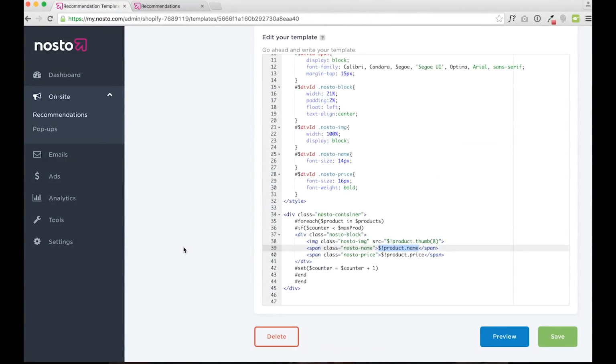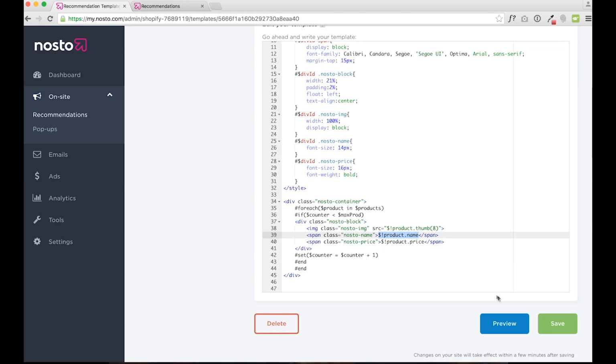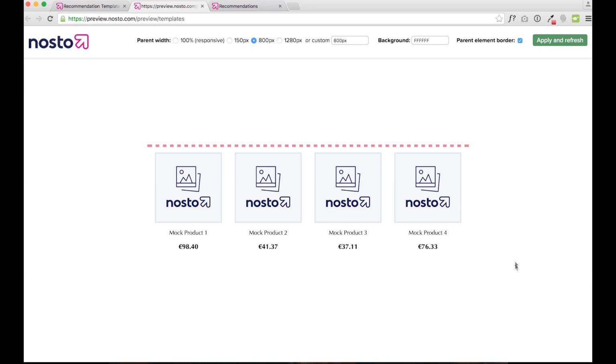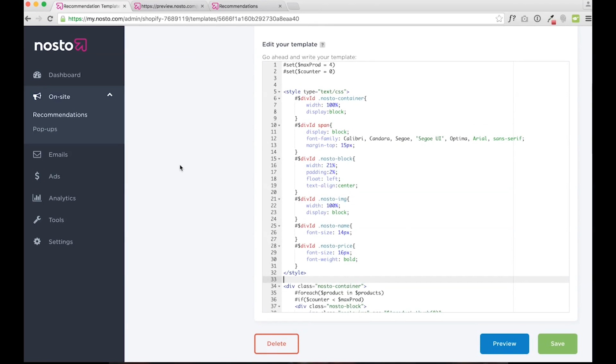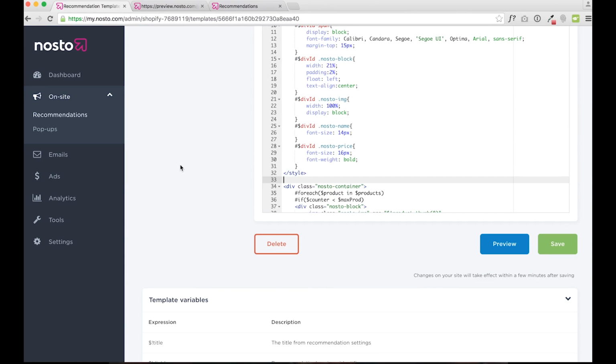So, if everything works, now I'm going to preview my template, and ta-da! As I said, 4 products. The image, which here in this preview is always replaced by the Nosto mockup image, the product name, and the product price. You may think that this template is, yes, very simple,